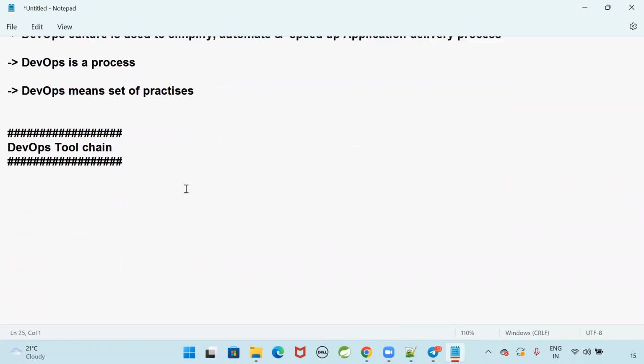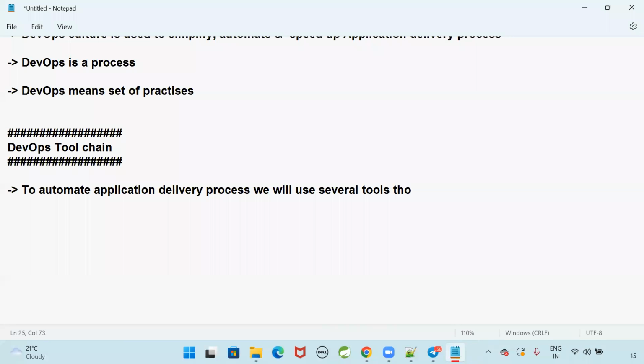What are the tools available? To automate the application delivery process, we will use several tools, called DevOps tools or the DevOps tool chain.